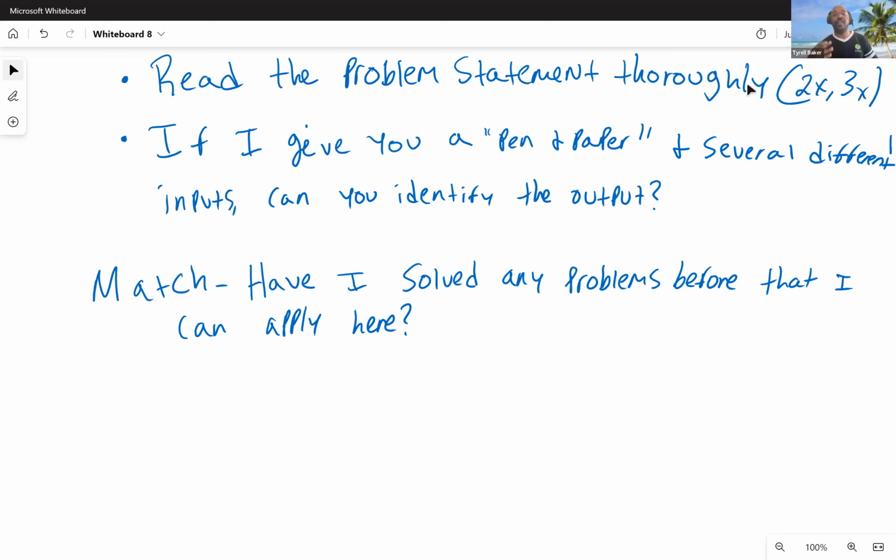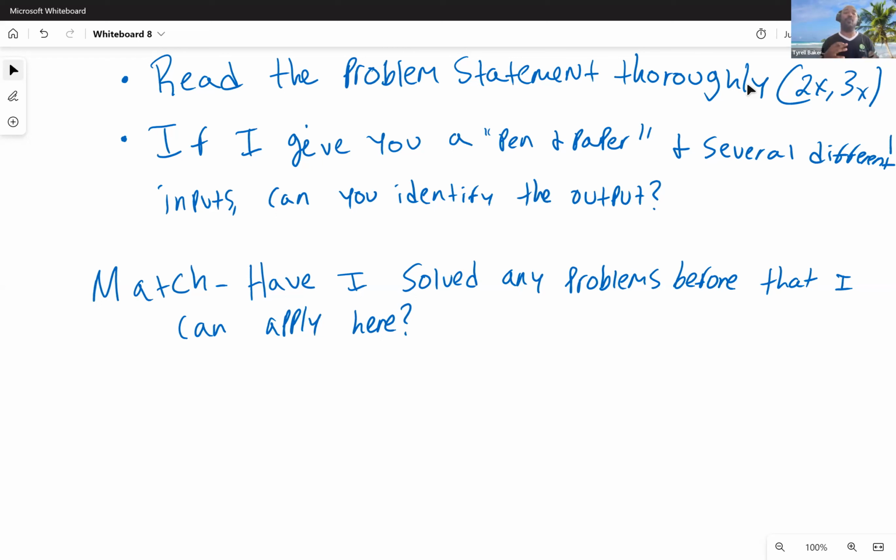Right? So obviously your week 1 students will not have ever solved any sort of problem. So they won't have any problems with which to match. But when you go from week 1 to week 2, you always make sure you take this step. Is there something about my solution to the last problem that can be applied to this problem?